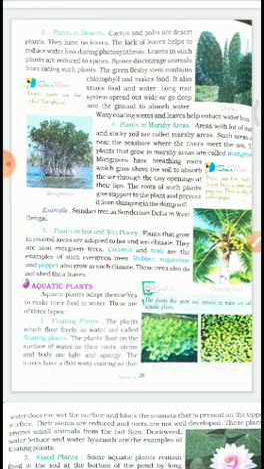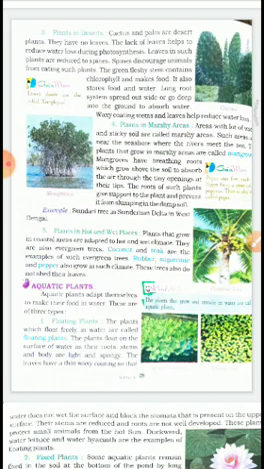And the green fleshy stems contain chlorophyll and make food. They also store food and water. Long root systems spread out wide or go deep into the ground to absorb water. Waxy coating on stems and leaves helps reduce water loss. Right, so all these are facilitated because in these regions you will find very little water, so water loss needs to be stopped there to ensure that whatever little amount of water plants receive, they store it and utilize it perfectly.